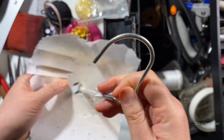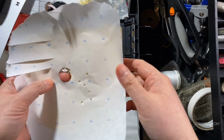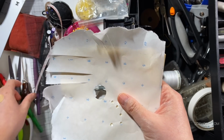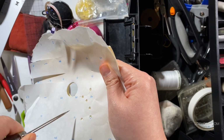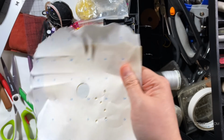So again, these are not necessary, but they are very convenient. They make life easier, so budget accordingly. You can also take one of your awl holes and just cut a little hole with a pair of scissors. It won't be as nice and neat as this, but again,